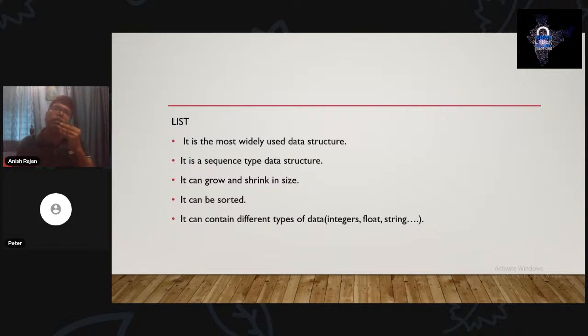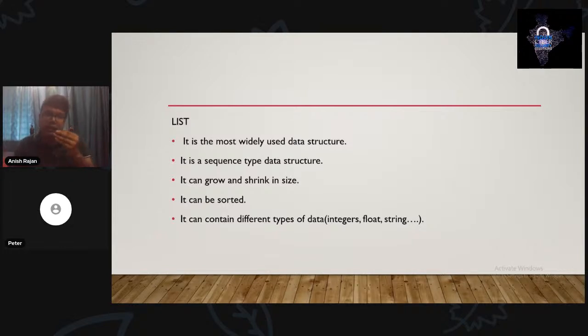So, for example, I store certain names into a list. I store the names of my friends into a list. Not friends, for example, I'm a class teacher. I store the names of my students into this list. So what happens is that I can sort it. I can sort it and get all the names in alphabetical order. So this is just one application, one feature of the list. Okay, we'll discuss more features later on.